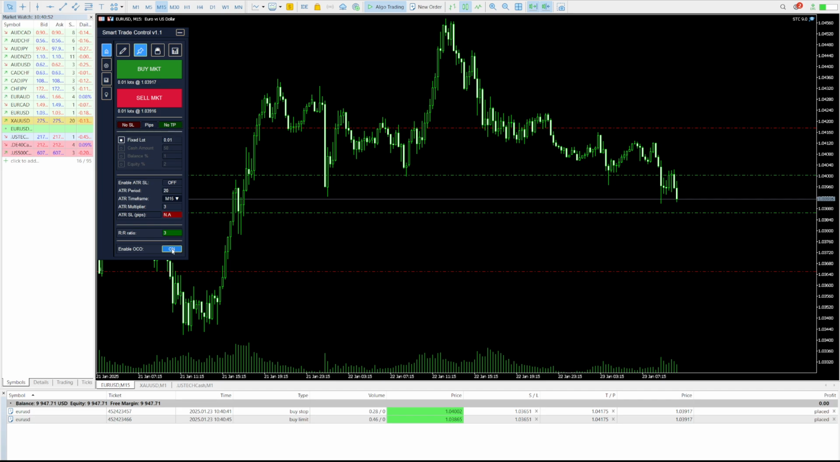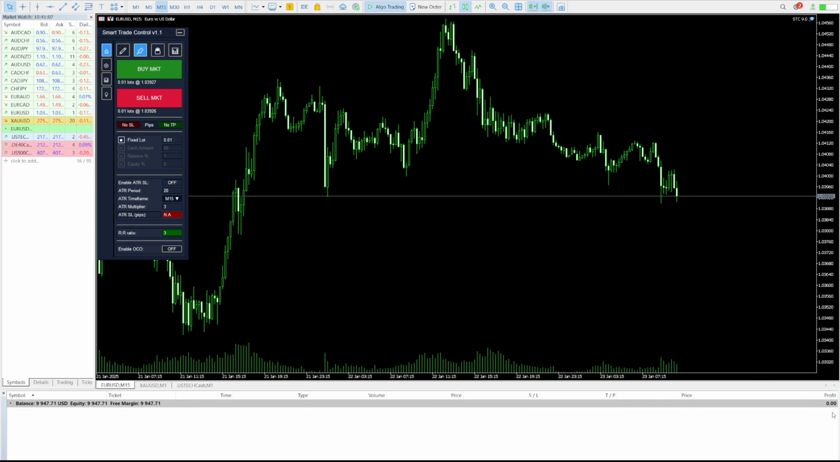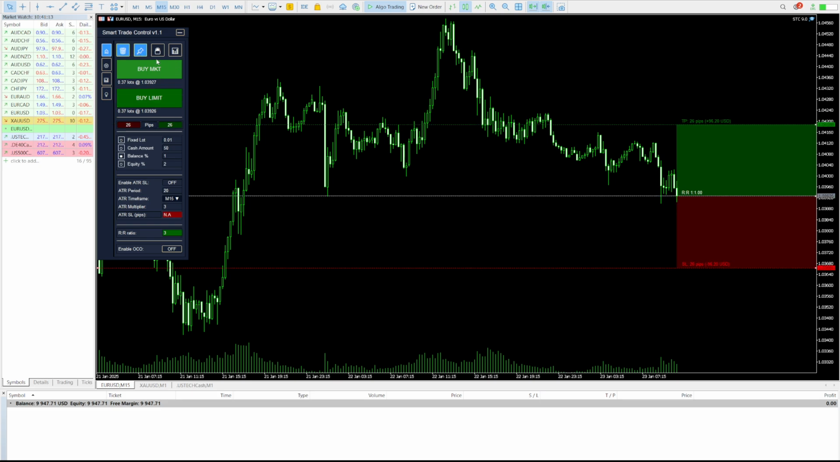engage this one, then basically when one gets filled, the other one gets deleted, right? If this is off and this one gets filled, then the other one is going to stay until that gets filled as well. That might be useful if you are trading a straddle trade on a news event or something like that. Let's say there's news coming up in a couple of minutes, and we say